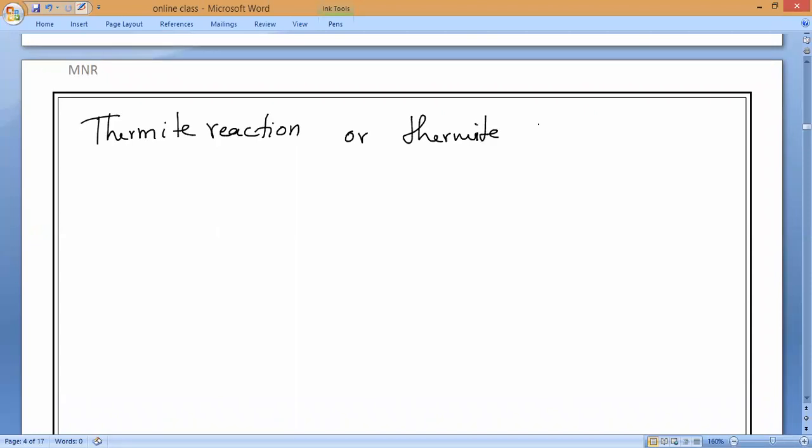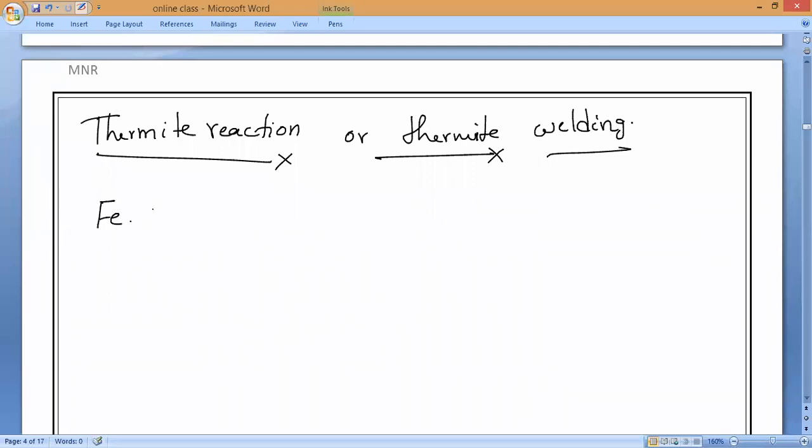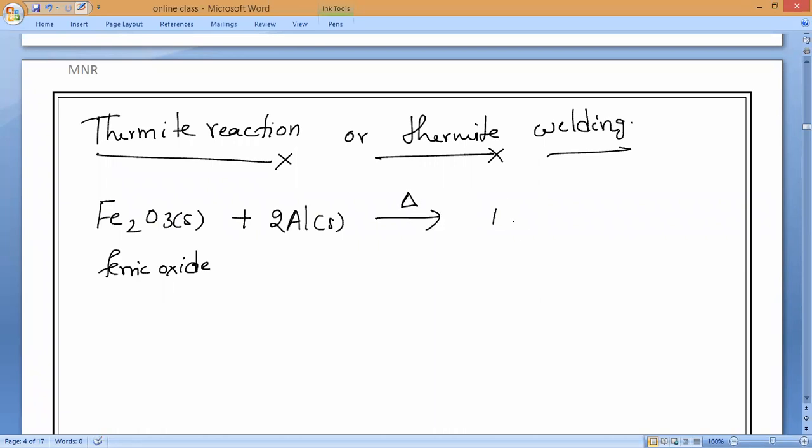In railways and all, when they are constructing the tracks, they will use this technique only to make the welding. Understand? So this reaction is taking place between aluminum powder and Fe2O3, ferric oxide, also called iron 3 oxide, with aluminum, which will give you Al2O3 plus 2Fe, iron, which is in liquid state,